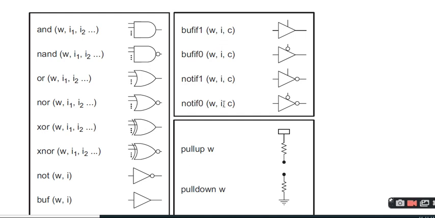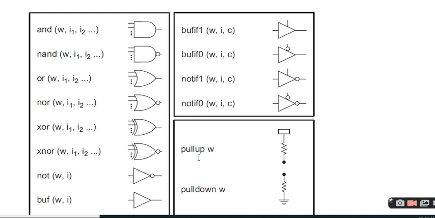These are the three-state buffers. In the syllabus it is written as 3-state buffers. If you are asked to explain, you have to explain these buffers. These are the combinational gates.